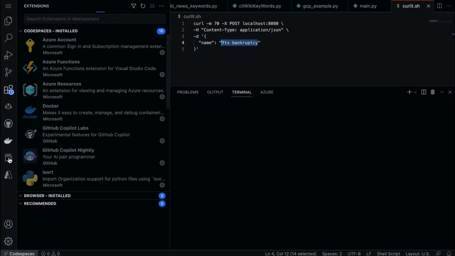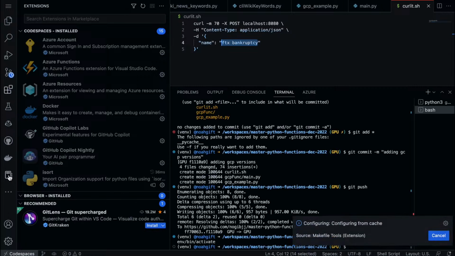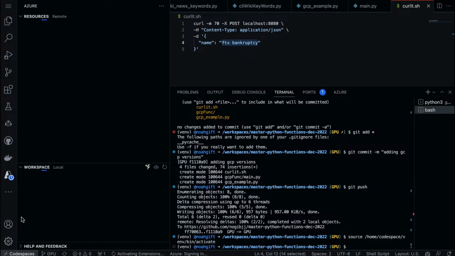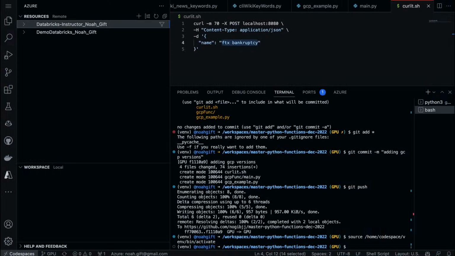It should appear down here. There we go, so we see it now. It should be Azure. There we go, Azure. So we would want to sign in to Azure. It's going to ask me to sign in. You can close this window.